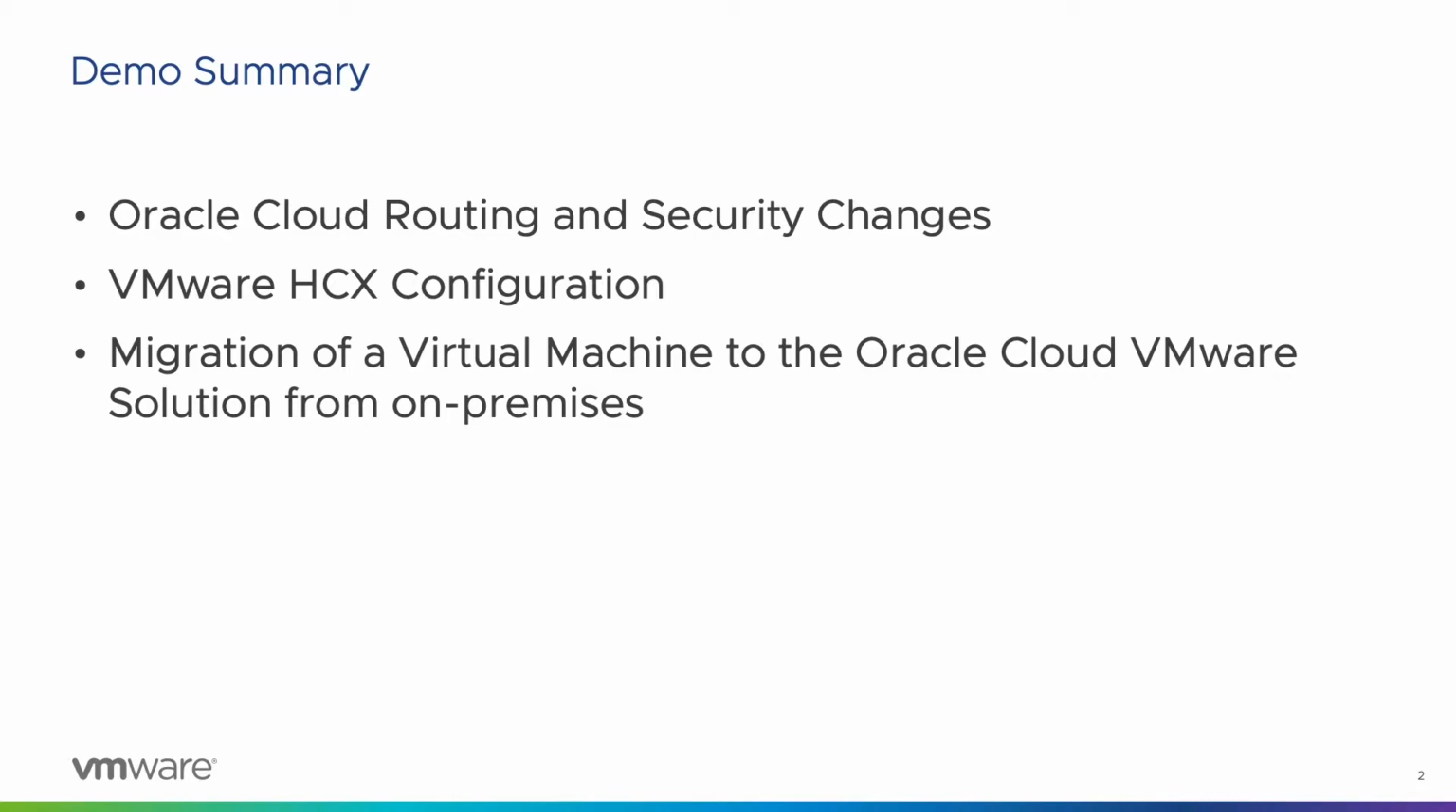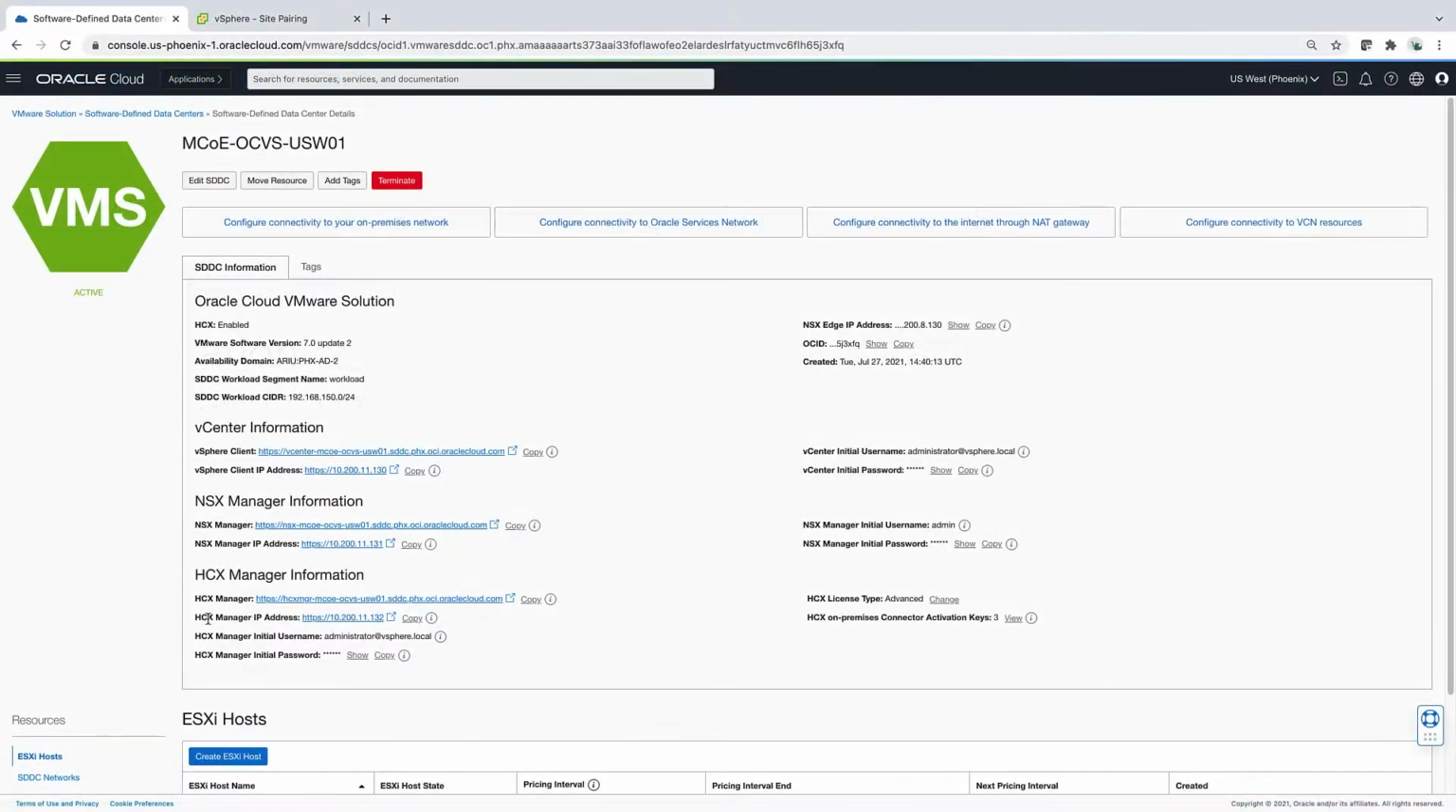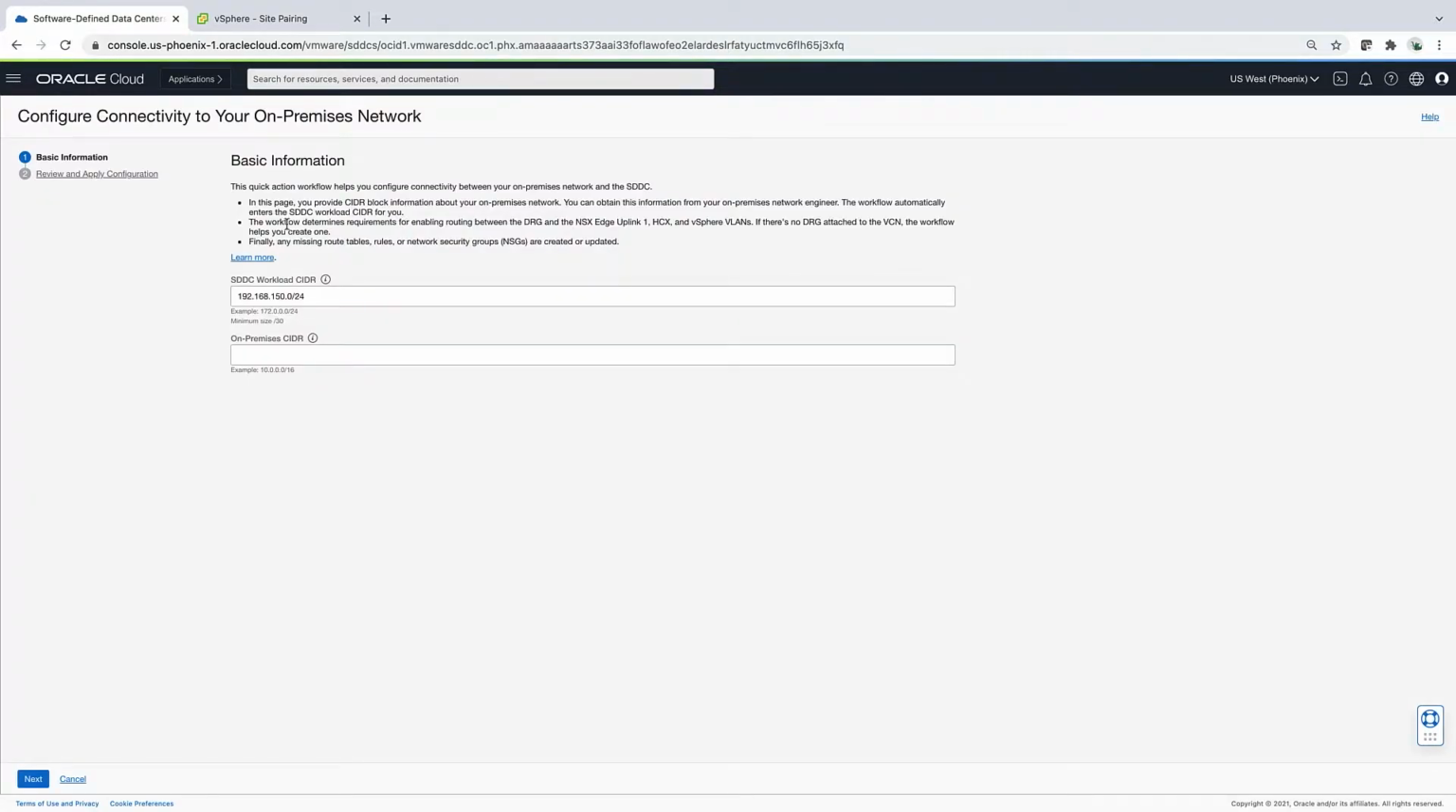I'm starting with the routing and security policies. Fortunately, a configuration wizard can be run to ensure that the routing and security rules are in place in the Oracle Cloud. The wizards are handy as learning tools too. Once you understand what they are doing, you can then build on the changes they implemented. I will use the configure connectivity to your on-premises network wizard to make the necessary rule changes to the virtual